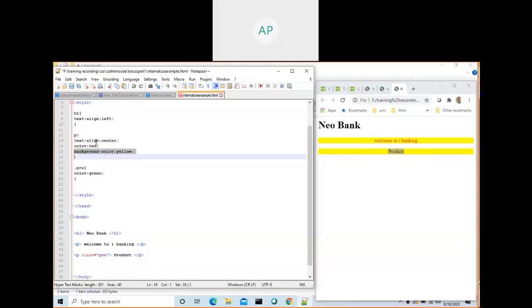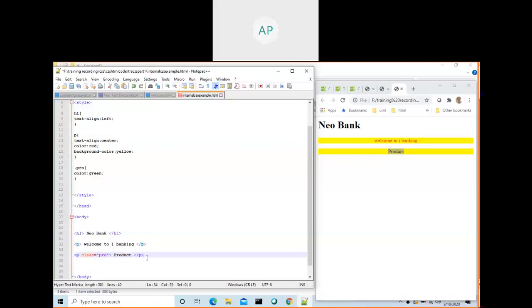Text alignment. Okay, so now don't use it, because when you use CSS at a tag level, all paragraphs will get affected by this. So this is not the right way. You need not do something like this. Rather, you can go with this approach, class equal to something. This is going to be the better approach. Always you can use class or ID.